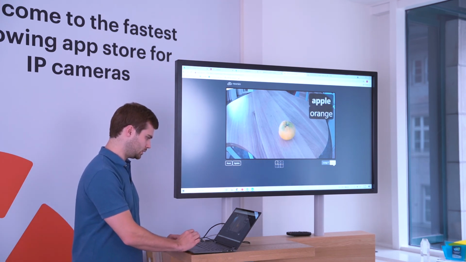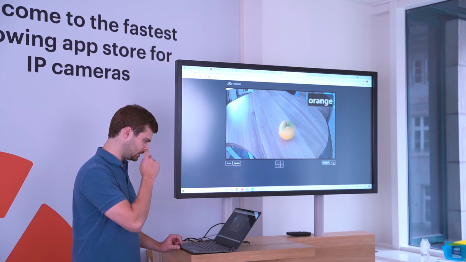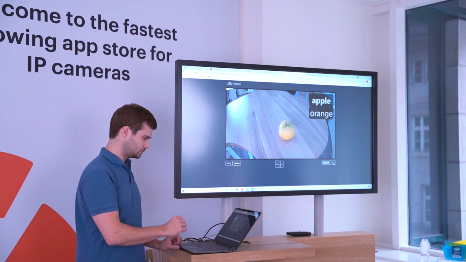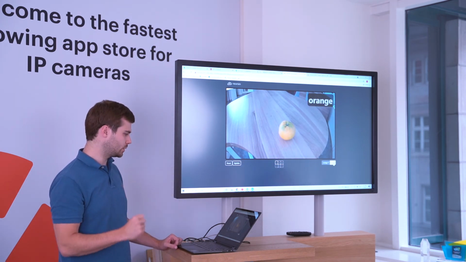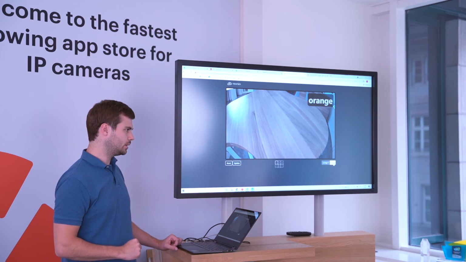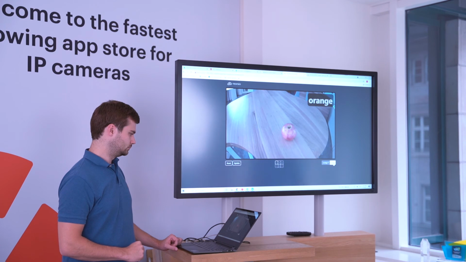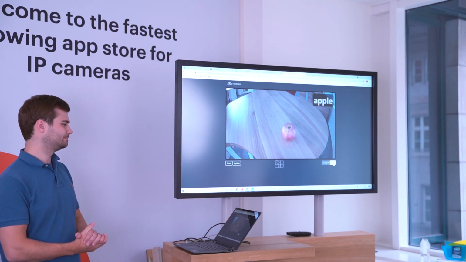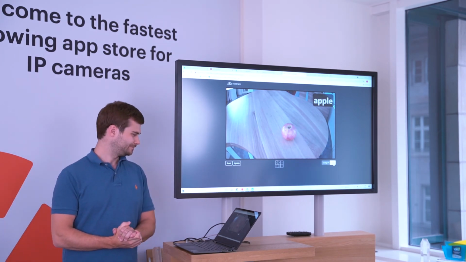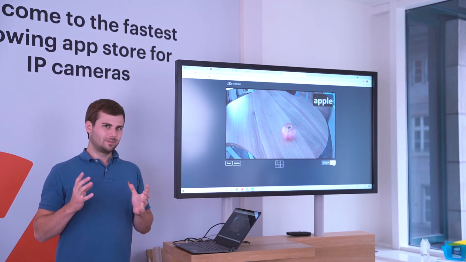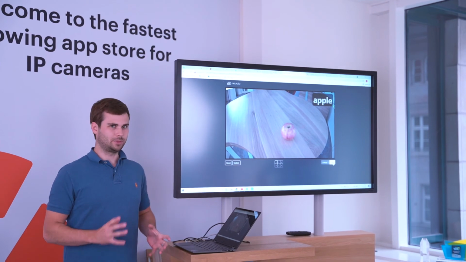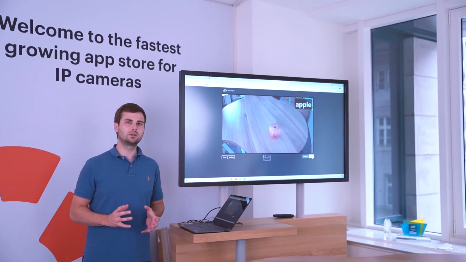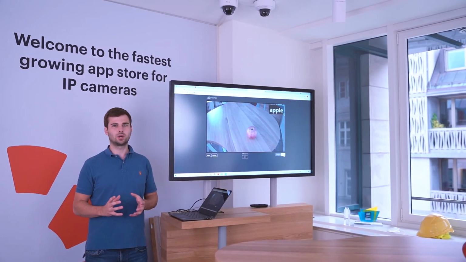Okay, so let's give it a second. Okay, take the orange away and put in the apple again. And now it's saying the apple. So there's that. This is a pretty cool application, and I'd like to quickly give you an example where we have used this